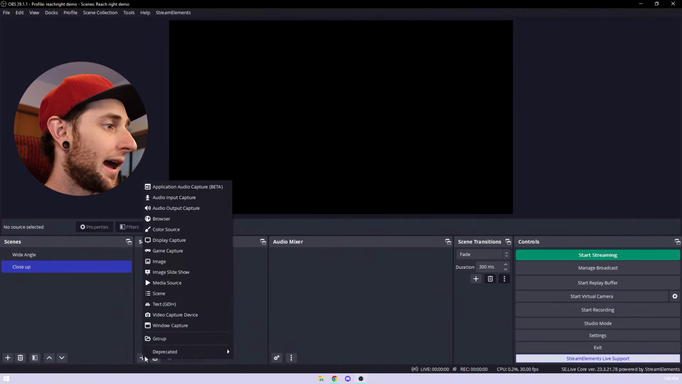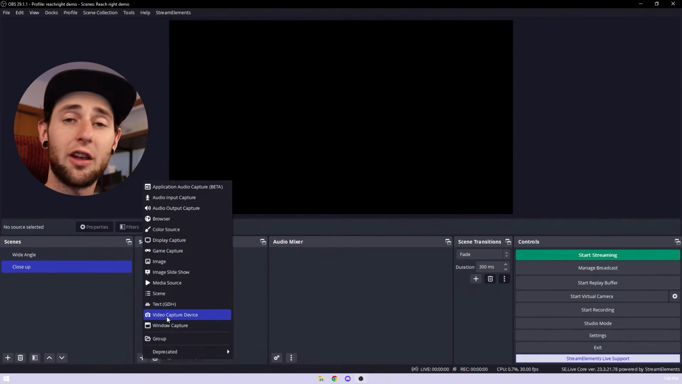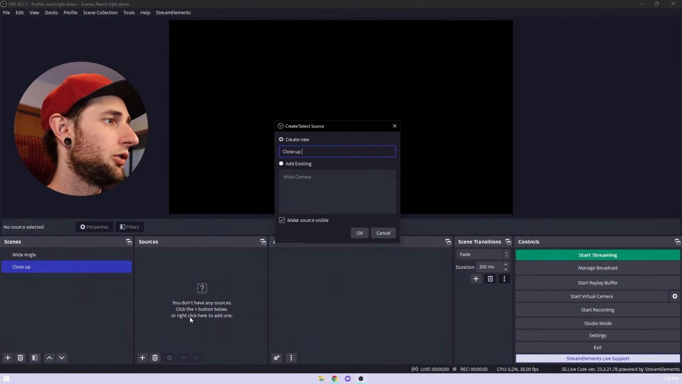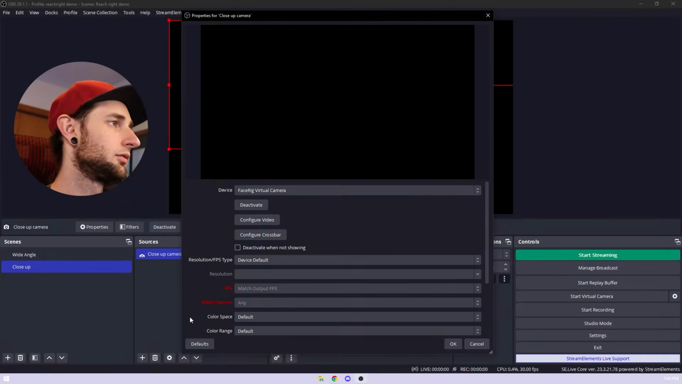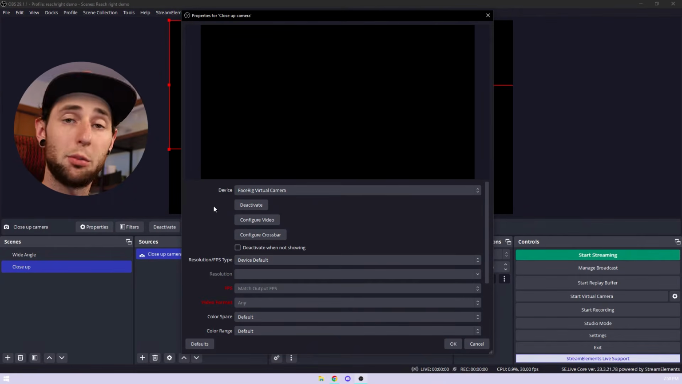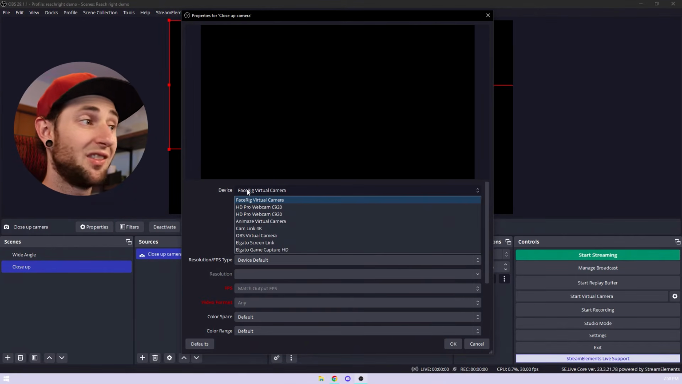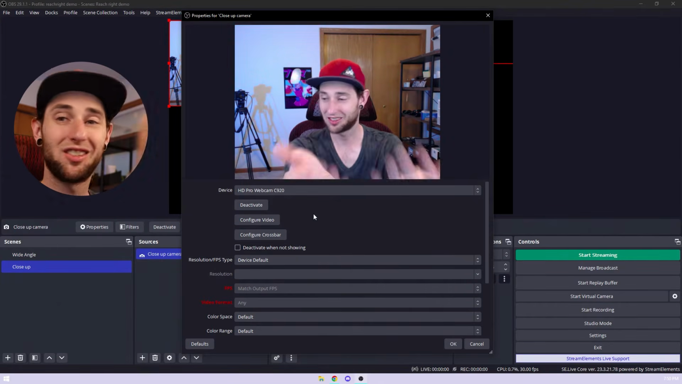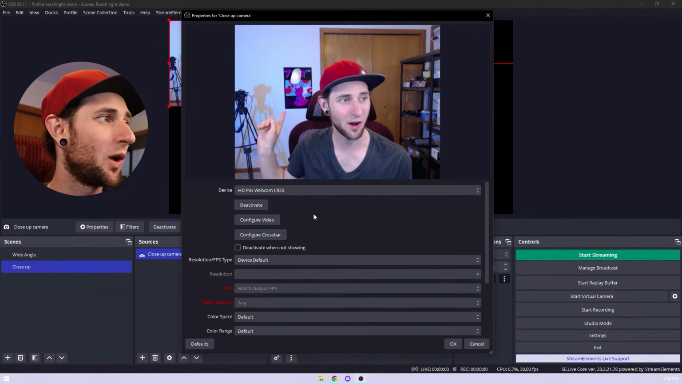And for this, I'm going to add a video capture device just like I did before. And we'll call this close-up camera. So this will bring up the same menu we saw before. And so we're gonna go to device. And this time I actually have to use one of my webcams for an example, which is called the HD Pro Webcam C920. It's the second one here. And boom, there I am, sitting right in front of my computer, and you can see our wide angle camera